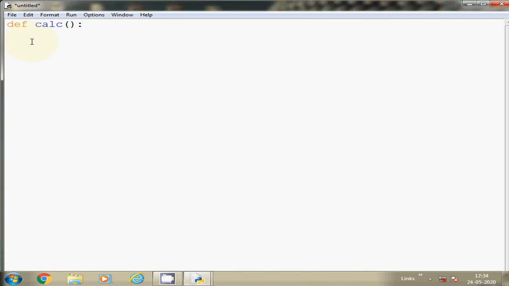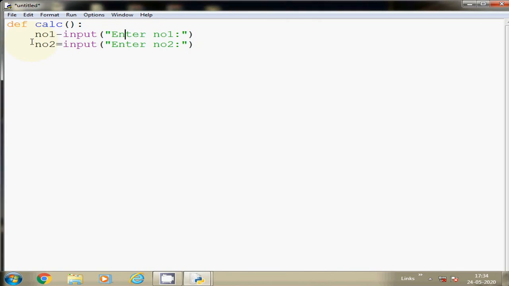So first, for any simple calculation we need two numbers required. So number 1, input, enter number 1, number 2, input, enter number 2, should be equal to.